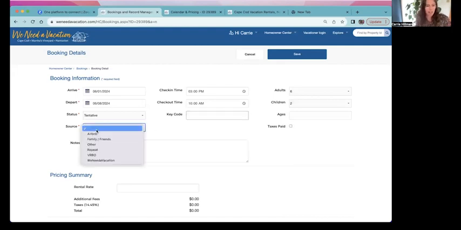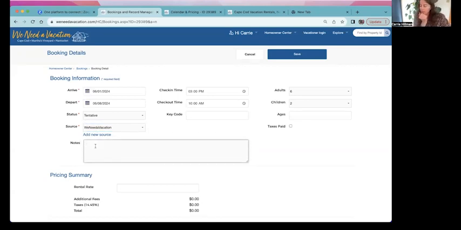And then the source, you can select where you found this vacationer. And then any notes about the vacationer. This is really helpful. So usually after I have that initial screening call with a vacationer, before I agree to let them move on with the rental, I usually ask a few questions, get to know them, get to know a little bit about their rental party, and then you can put all that information in here